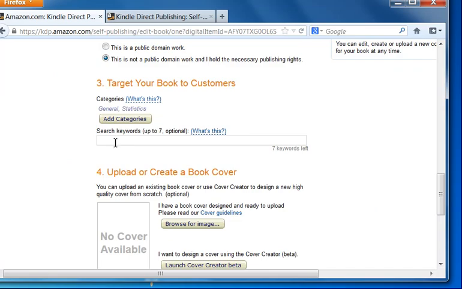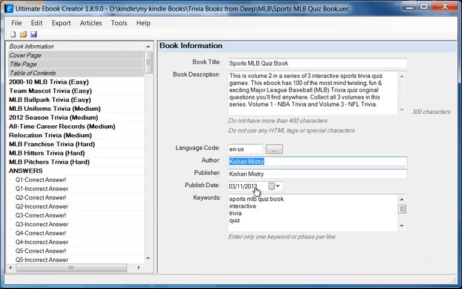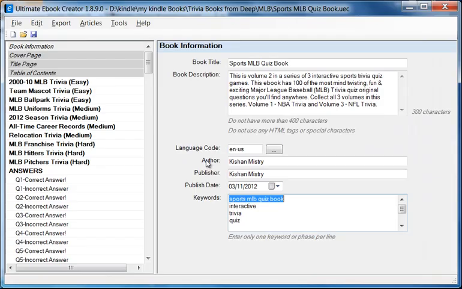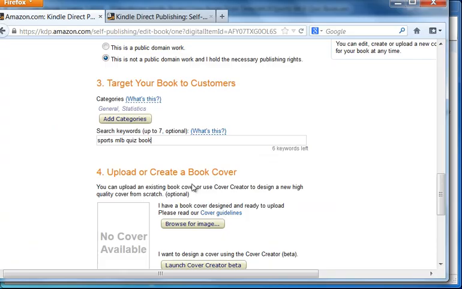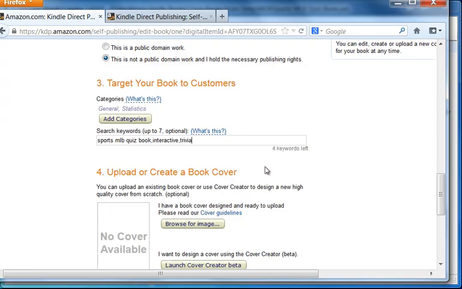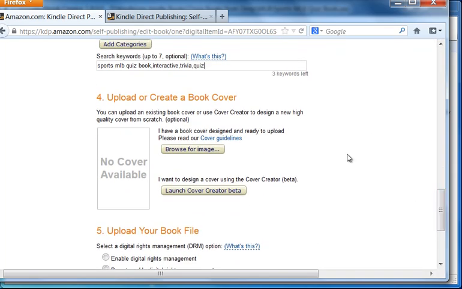And for the keywords, we have some keywords here, so we're going to take these keywords and just basically put them in there. It actually tells you you can put up to 7 keywords, I believe. So trivia, and last one is quiz. Okay, so we have the keywords. Now